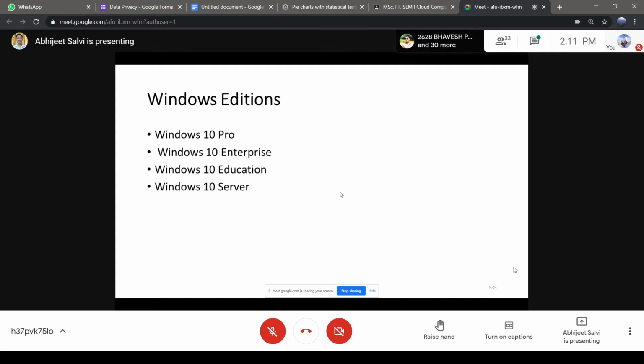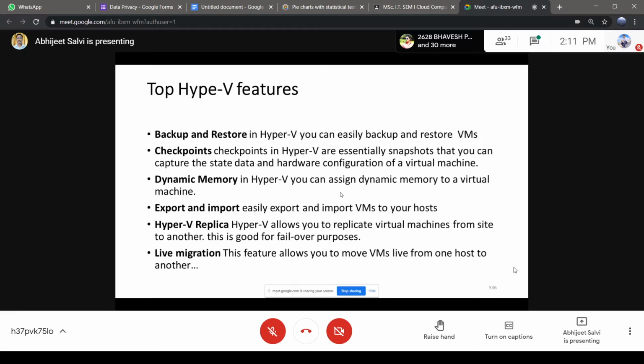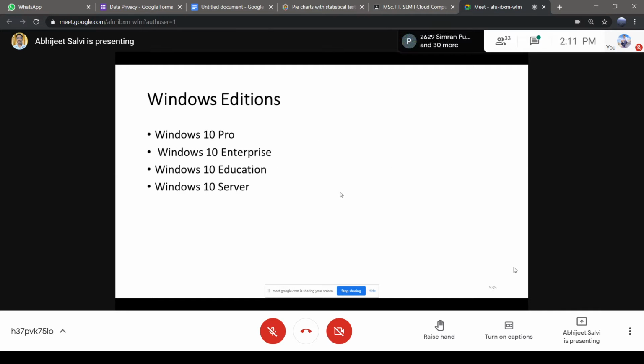So which editions are supported over there? Make sure that you have an edition other than Home Edition. Okay, Home Edition is not going to have this particular facility. Make sure that you have Windows 10 Pro, Enterprise Edition or Education Edition, or especially Windows 7. These are all ideal options. But if you have the Home Edition, then it's not allowed. You cannot deploy this Hyper-V virtualization. That is not supported by Home Edition.